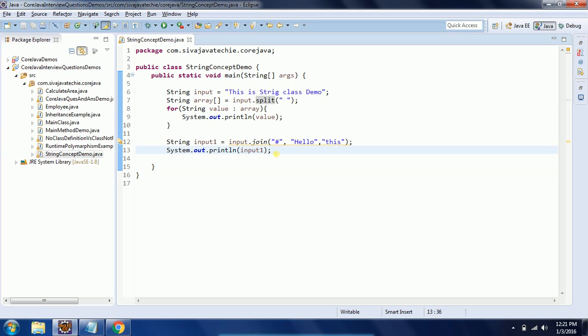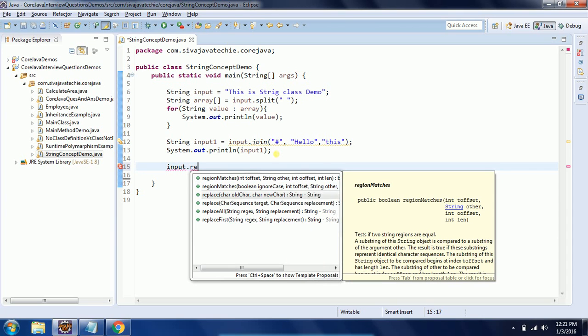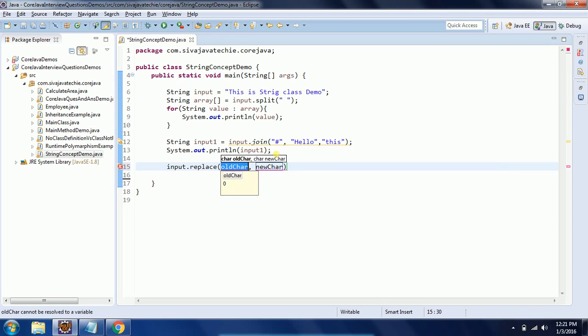One more method we have is to replace a particular string with a few characters or a character string. For example, on the input I call the replace method. I want to replace a particular character, or it might be a character string, both are fine.